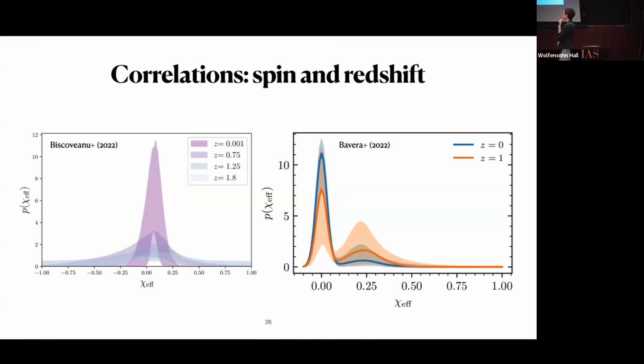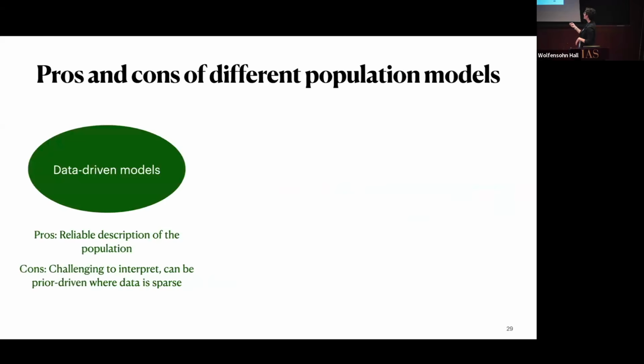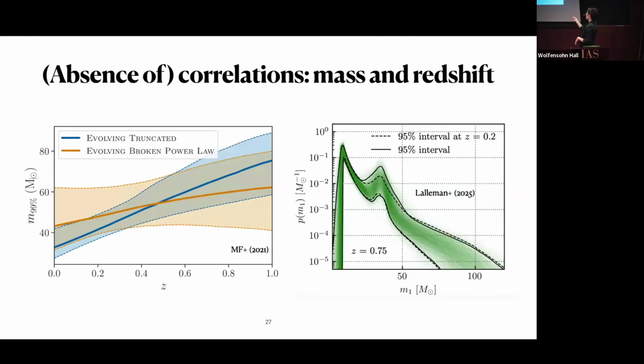But yeah, I will say that we do have enough events where we are able to distinguish 0 from negative 0.1. And so the fact that we seem to have events between negative 0.1 and 0 on a population level is informative, even though we can't point to an individual event that is definitely in that bin because of measurement uncertainties.